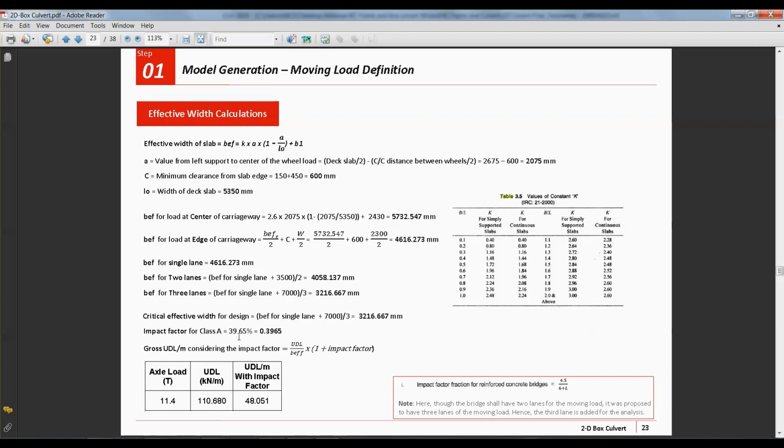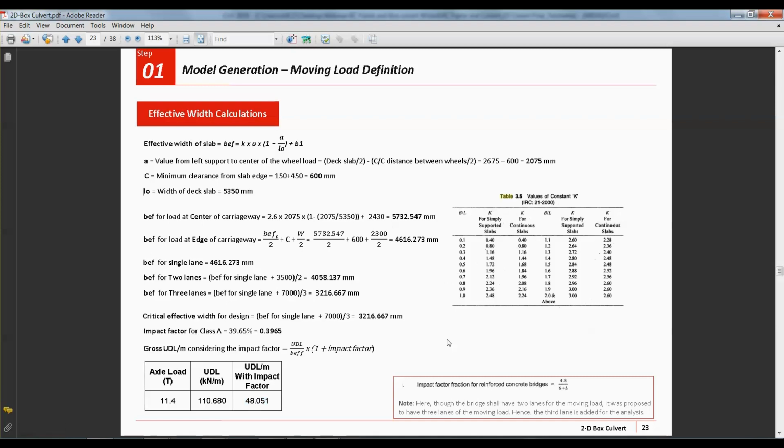Impact factor of class A is 39.65% as per IRC 6 calculations. So gross UDL per meter considering the impact factor would be UDL divided by that critical width into 1 plus impact factor. The impact factor calculation for RC bridge uses the same formula as for RC or steel bridge. The final value we have arrived at is 48.05. So we now have the UDL per meter value including impact factor.